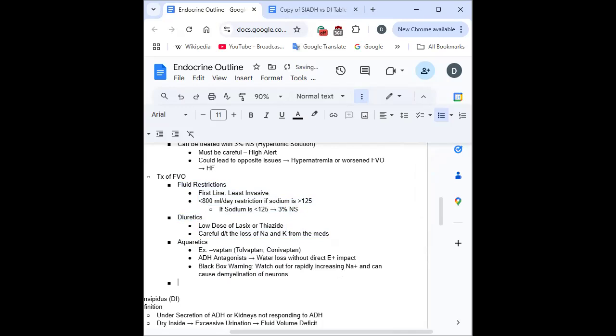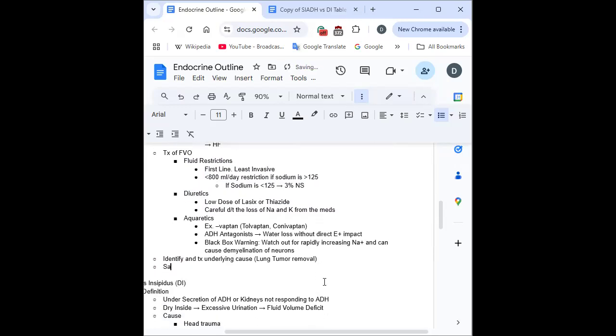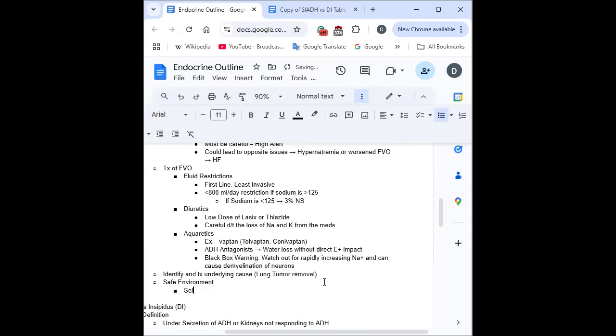All right. So other than that, you can of course identify and remove the underlying cause. In this case, it's very common for it to come from lung cancer, so lung tumor removal, because one of the potential complications from small cell carcinoma is SIADH. Then a safe environment, because one of the big things with this condition is the hyponatremia. So making sure that they have seizure precautions going,